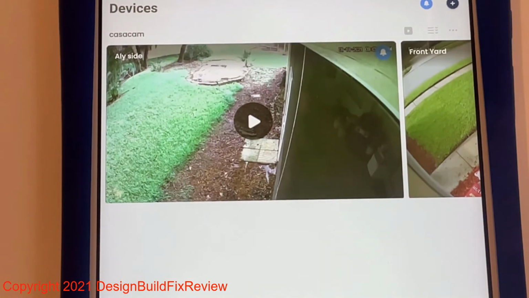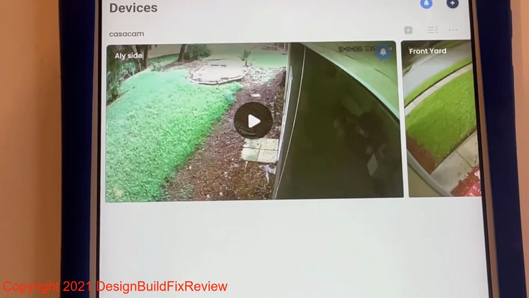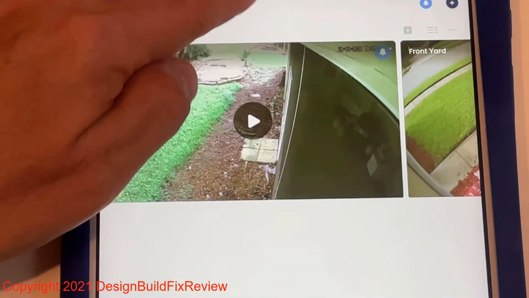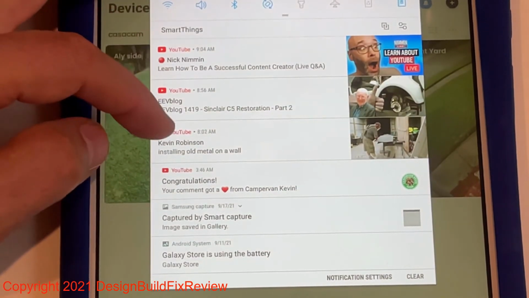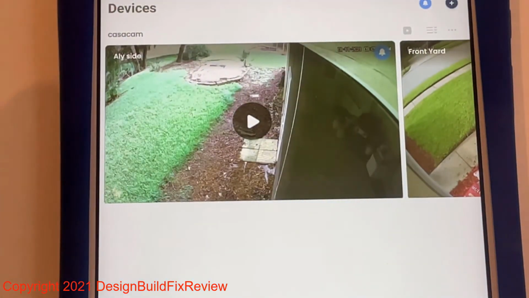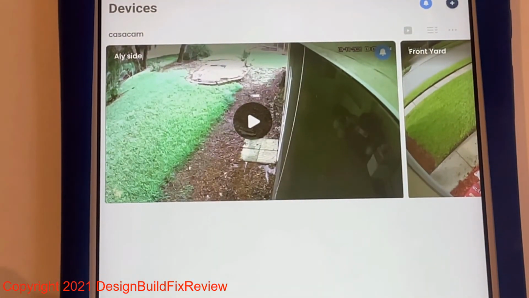Some people just have the camera set up and have it playing on a screen in their home, where this will allow you to get alerts, and whenever an alert comes up, it shows up on my screen, and I also have it set up for my email.